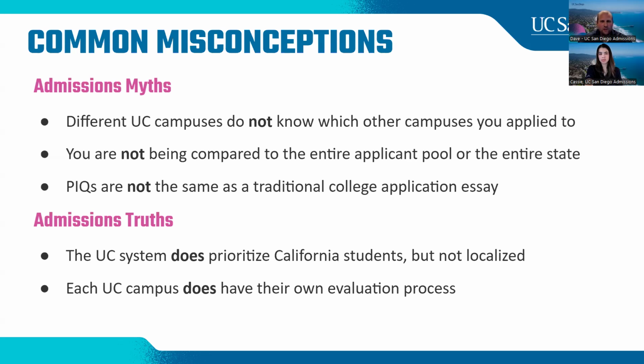A lot of times these outside sources might end up steering you in the wrong direction, right? I got the question at one of my high school visits recently, speaking about the PIQs, that a student had seen a video on YouTube where they said, this is the magic formula of which questions to pick in order to get admission to the UC. That is all nonsense, and that's made by people who have never actually read a UC application. So there's a lot of myths, there's a lot of misconceptions out there. So it's important to go direct to the source when it comes to these items.